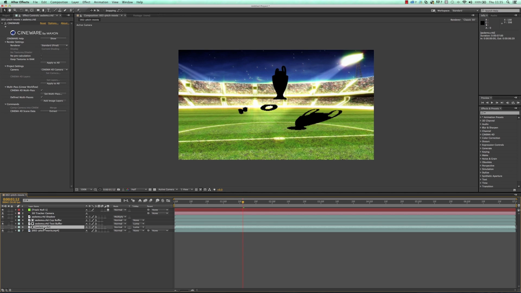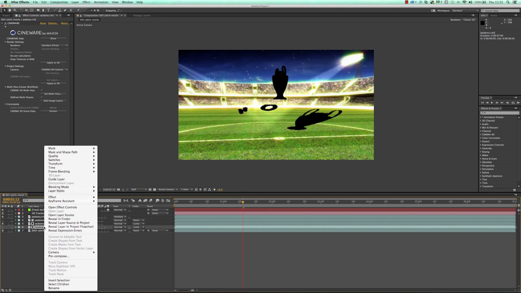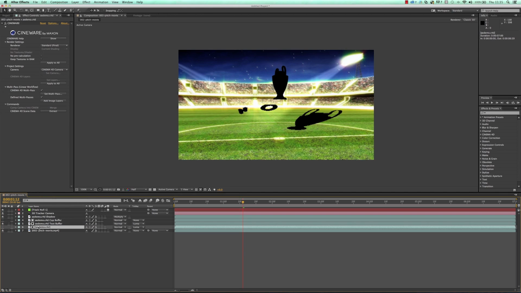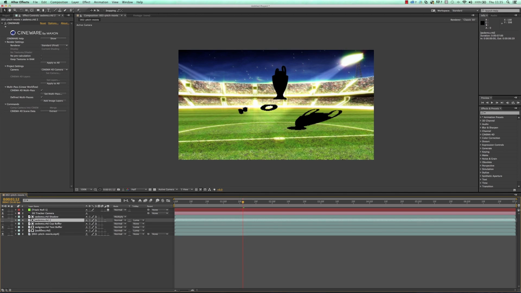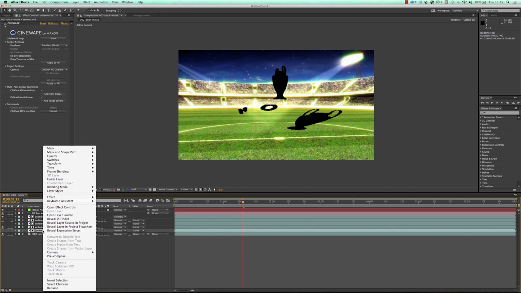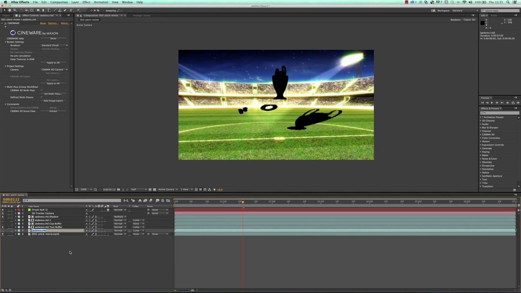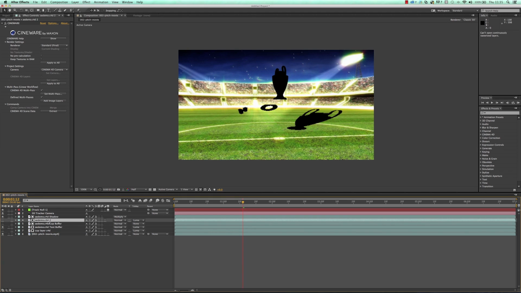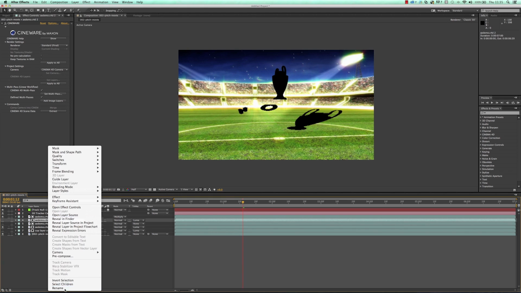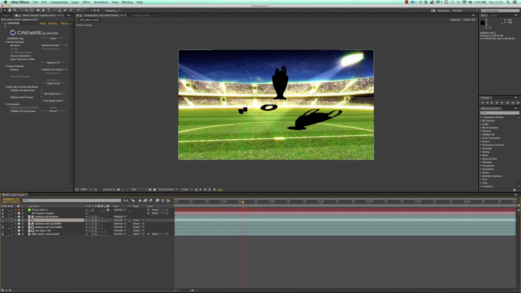So the original After Effects Cinema 4D file, I'm going to right click and, sorry, no I'm not, what am I going to do? I'm going to do Command D, which will give me a copy of it. So I've got a copy of that now. Now it's getting a bit confusing, so I'm going to rename the first one. I'm going to call it, I don't know, let's call it Cup Layer C4D. You can call it whatever you like. Rename this one, and I'll call that one Text Layer C4D.